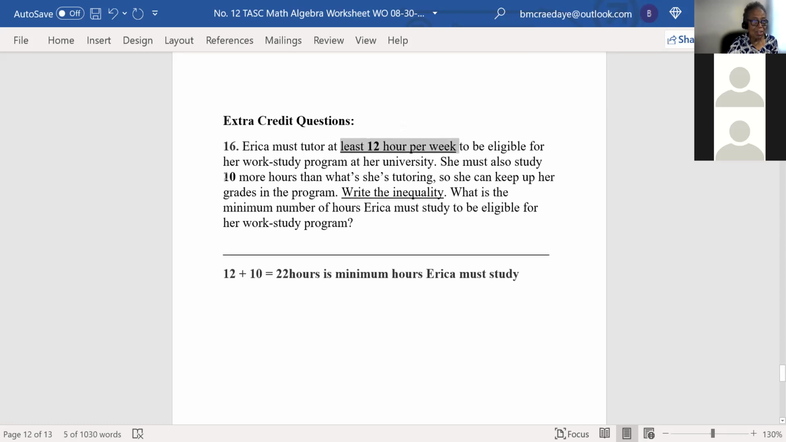and 10 more hours than what she's tutoring. So that's why you added it, right? Because it says 12 hours and 10 more. So 12 and 10 is 22 hours. That's the minimum hours. So the inequality, and we can use